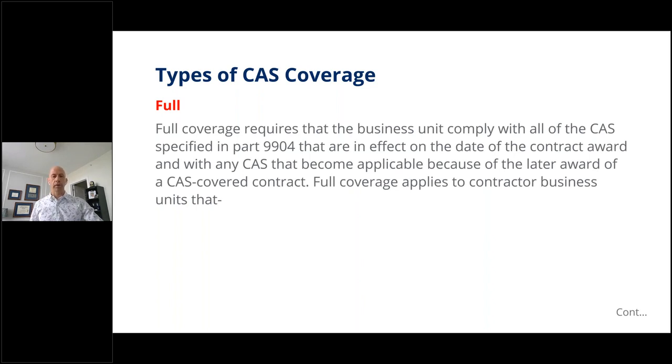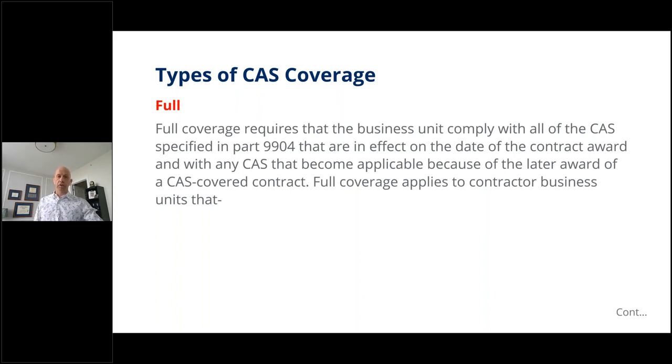One of my general cautions here, and I always say this with all kinds of contract-related stuff, make sure you have the requirements at the date of the contract award. That is always one of the key things in contract management, whether we're talking about accounting or other aspects of government contracts. I always tell people, make sure you have the version of the FAR clause, you have the version of any terms and conditions from your prime, whatever the case may be. You want the copy that was in effect at contract award. That is very key. You'll also notice here that you may be required to comply with future CAS if you get a later CAS-covered contract, right? So you may have to work backwards on some of this, okay?